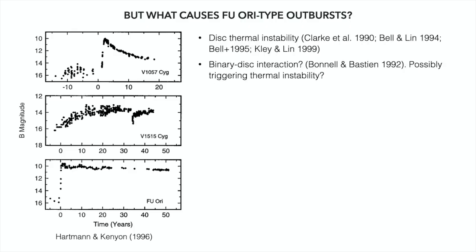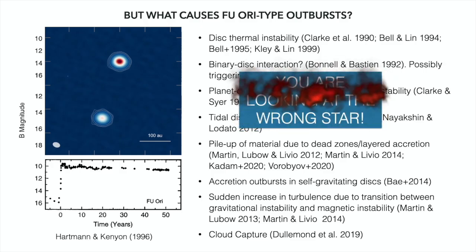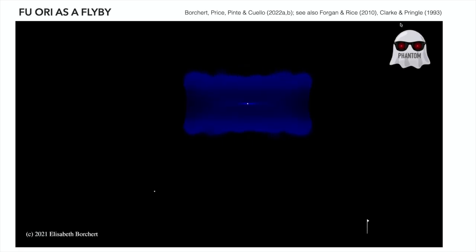Okay, so what's wrong with all these models? They're explaining the wrong stuff. Yeah, so we're explaining the wrong object in outburst here, because in the outburst, you're not trying to make a disk go bang in the middle. You're trying to make a disk go bang on the other object, at least in FUORI. So we can't generalize to the class, but we can say in this case, something else is going on. And so in a flyby scenario, you do get that for free.